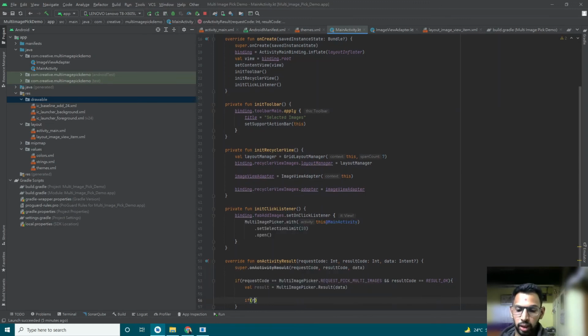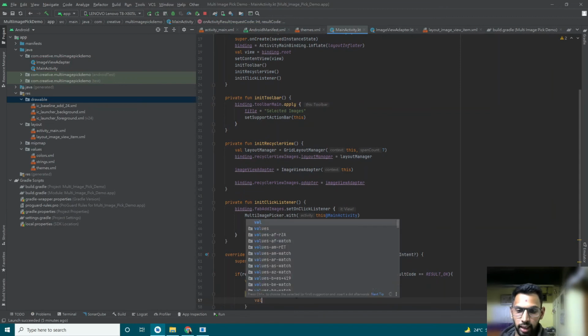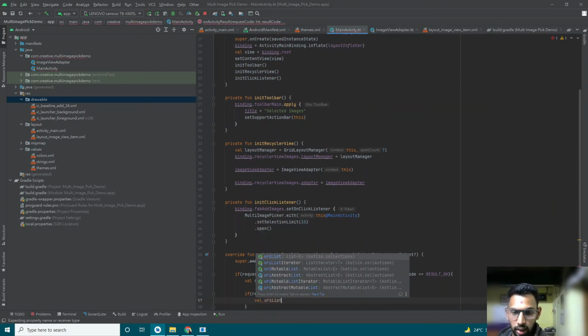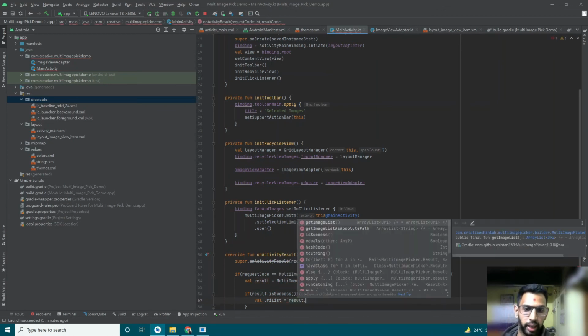Now we have to check if result.isSuccess, if there are any images, and if the result is success, then we can get a list of URI. So URI list is equal to result.getImageList.